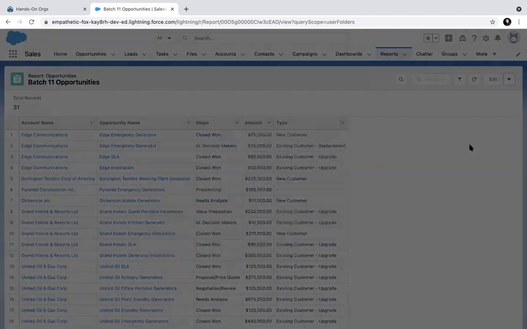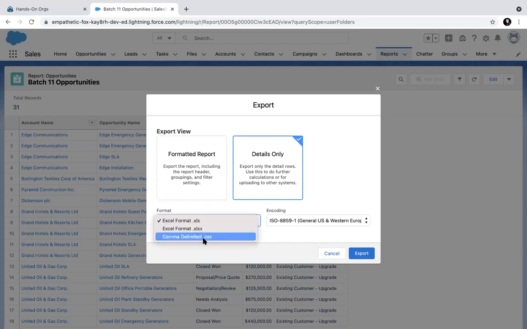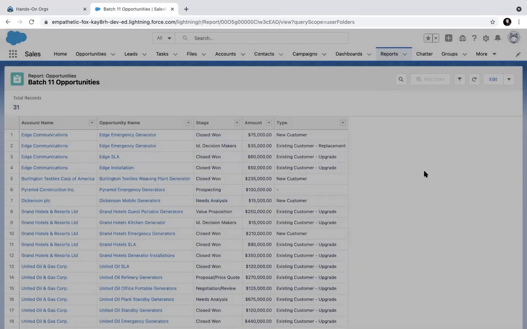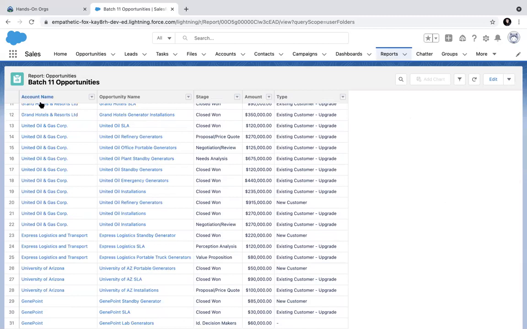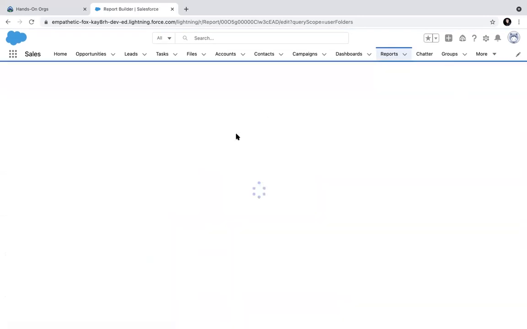Now what we can do, we can export this report. If we do an export, you can export this in different formats, CSV, Excel, or normal Excel files. So that is the benefit of doing a report. Here you can export in Excel files. And another thing we will come to that. So here you see the number of records it is showing and the exact actual records. I can go and edit it once again.